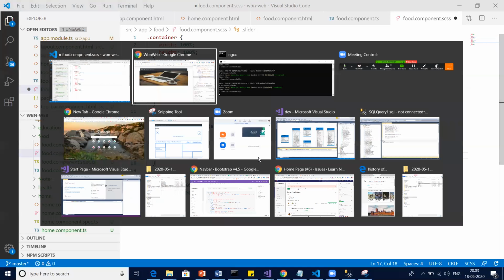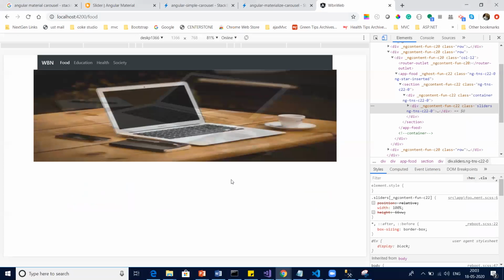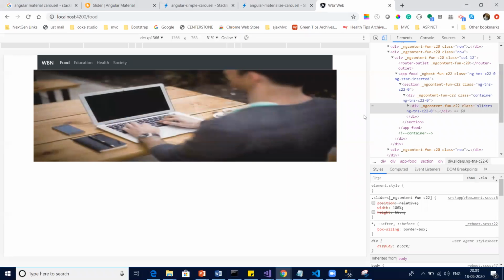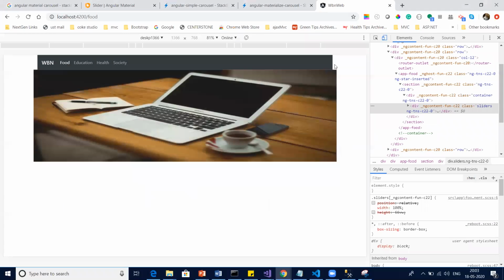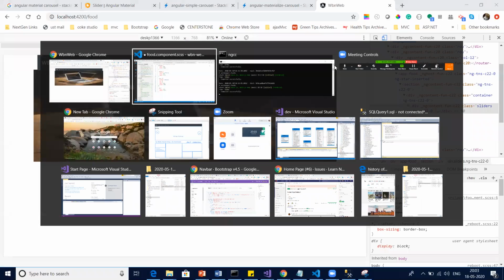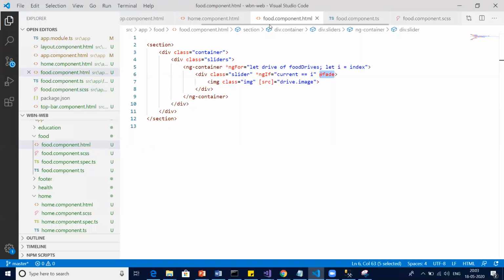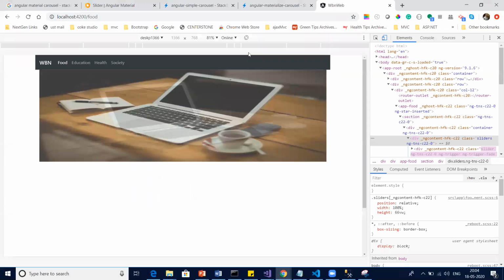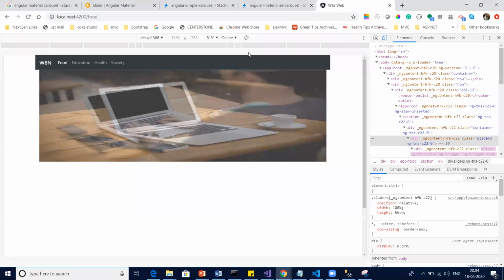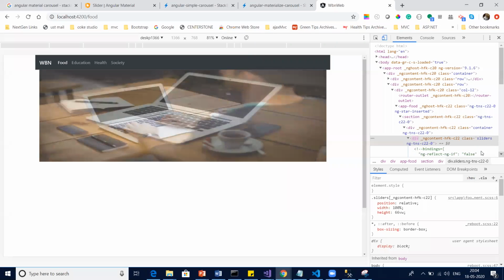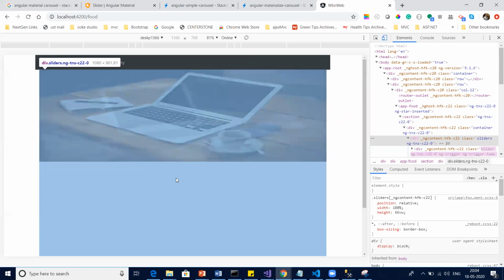I guess now we see it should fit in, right? And if you can see some edges are coming out. So if you give the right Bootstrap class, it will behave properly. Means in the container, if you give the row class, see now it's even better. So this is the carousel.